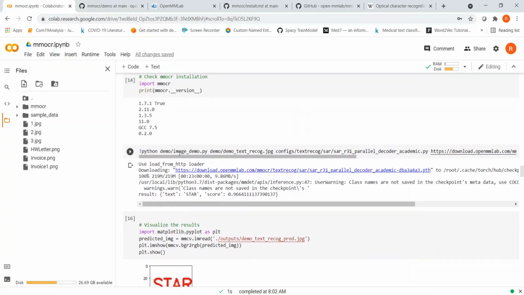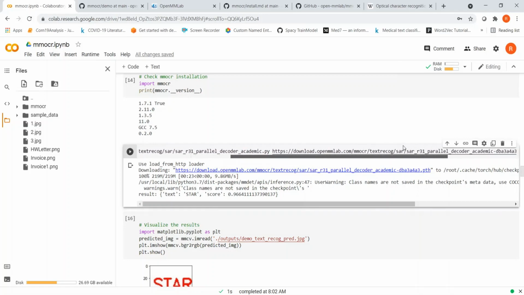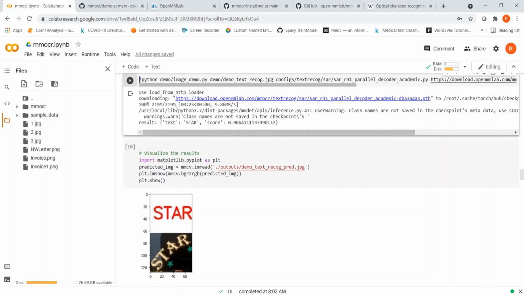From the command prompt, you call python demo image_demo.py, and you pass the detector or a particular model, the model config, and your input image and output. When you do this, you see over here it downloads the model, it does OCR on that particular input image, and it also gives an output like this.